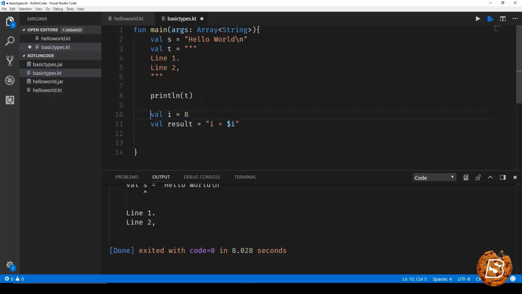So now if I go ahead and print this one, the expression that we have stored over here in the result variable